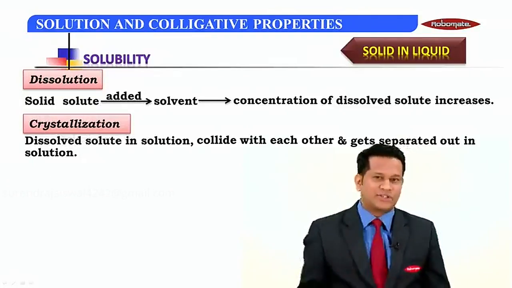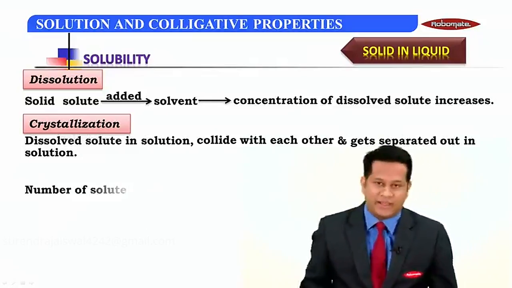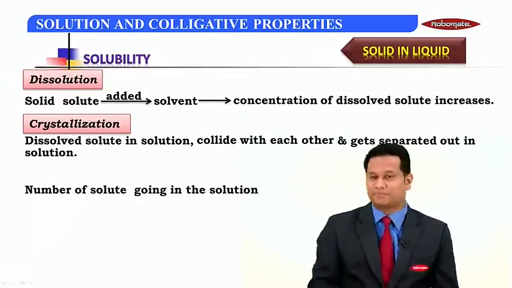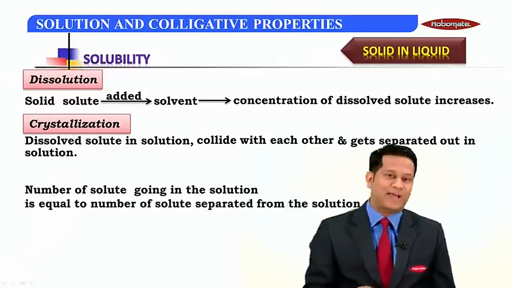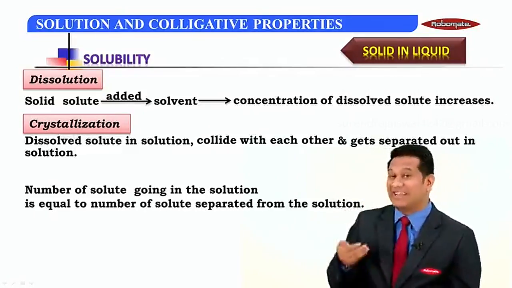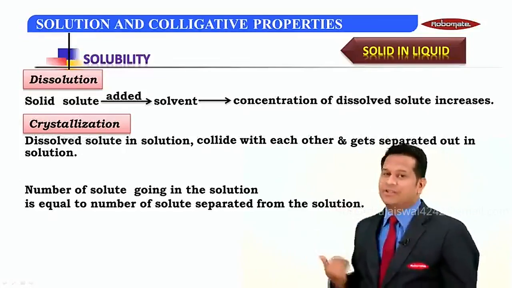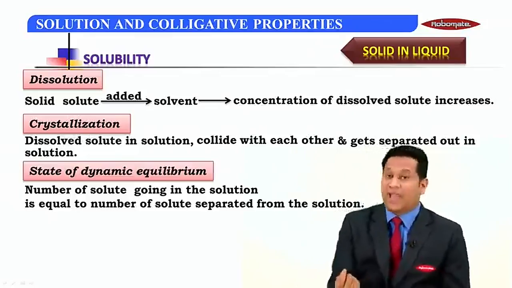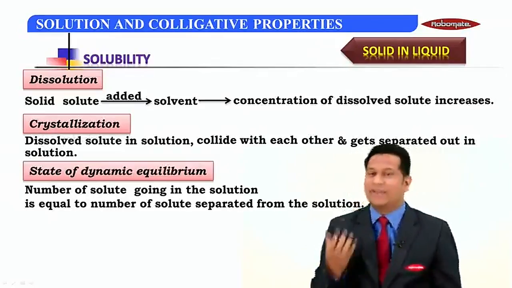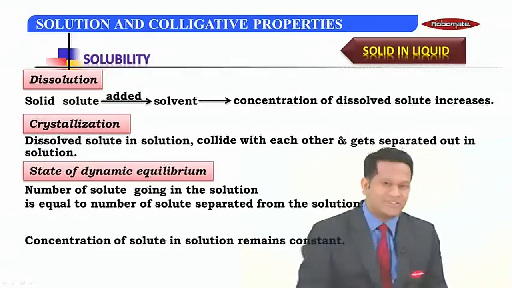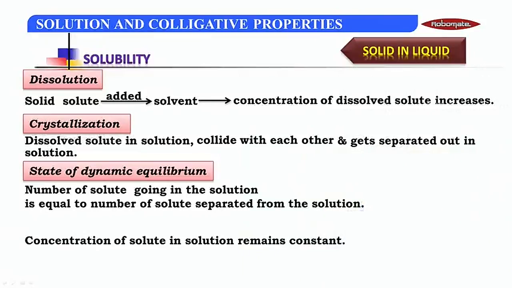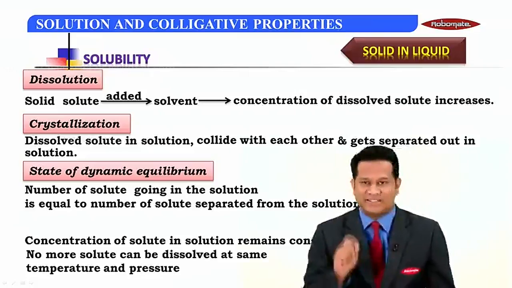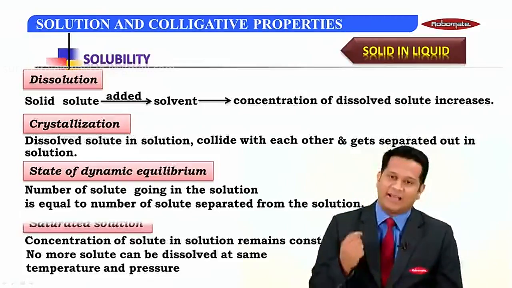Now, in a solution, a state will be there when the number of solute particles going into the solution will be exactly equal to the number of solute particles getting separated out from the solution, and that is called a state of dynamic equilibrium. And at a state of dynamic equilibrium, the concentration of solution remains constant. Rather, it means that no more solute can be dissolved at this temperature and pressure, and that is called